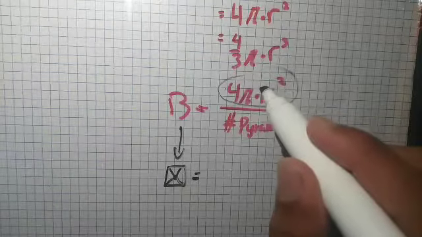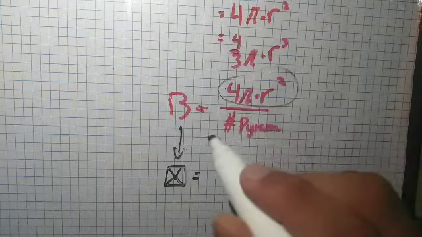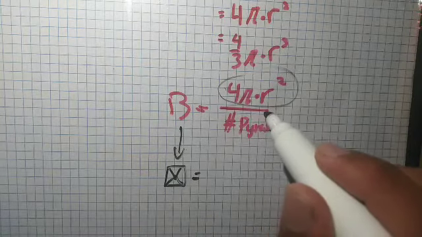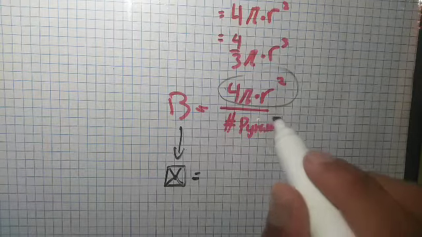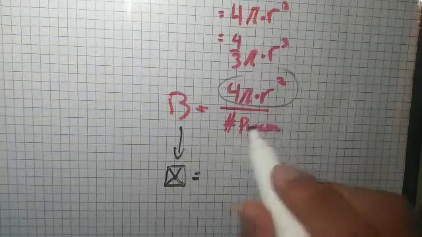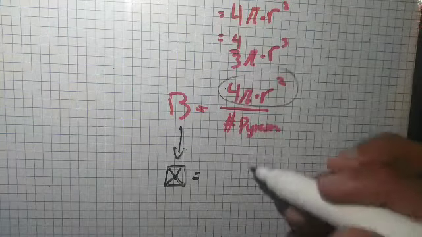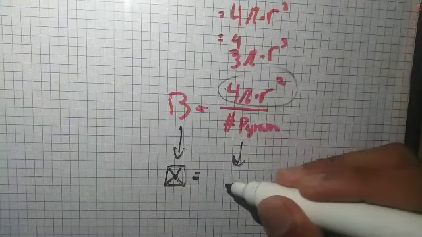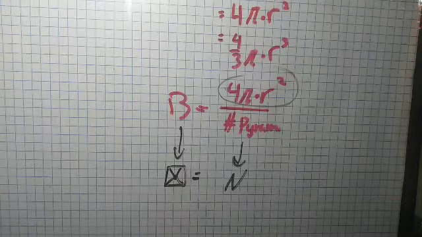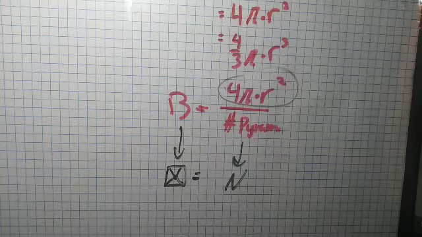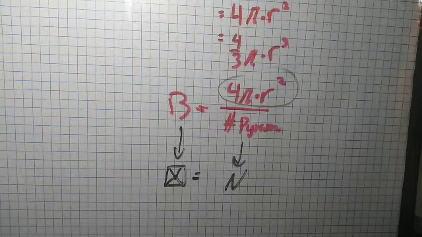That's what this is right here. So base is equal to the surface area of a sphere divided by the number of pyramids, which can be represented as variable n, the number of pyramids, because you can't just have one pyramid. It's not going to work. You can't just have one pyramid to make up a sphere. You need multiple, hundreds, or however many,